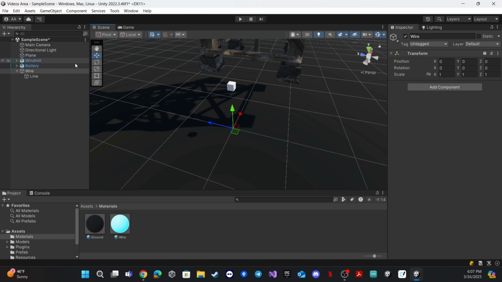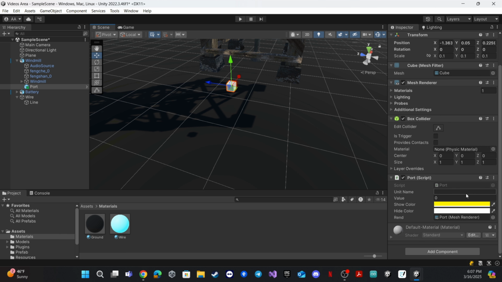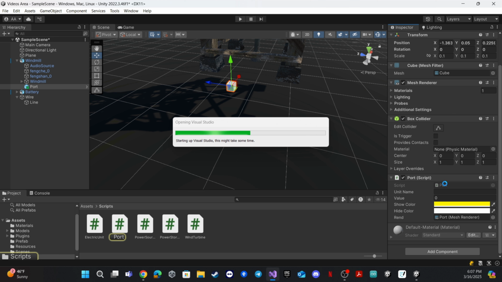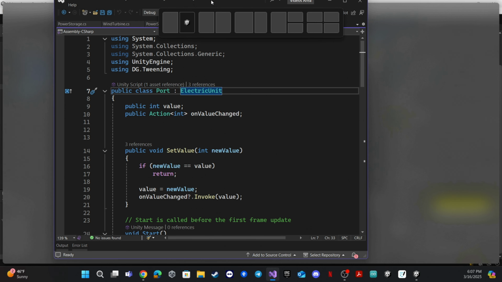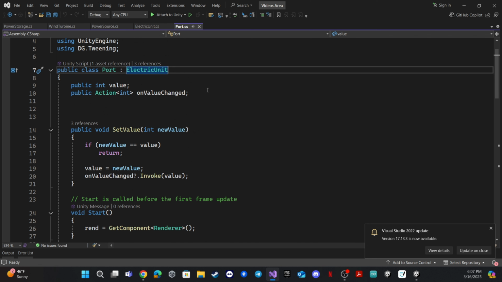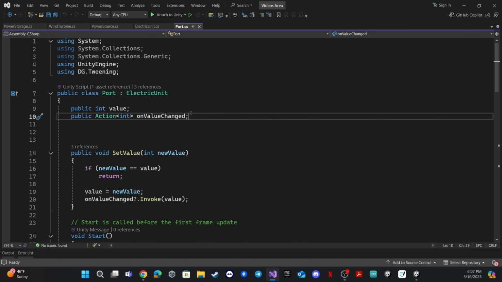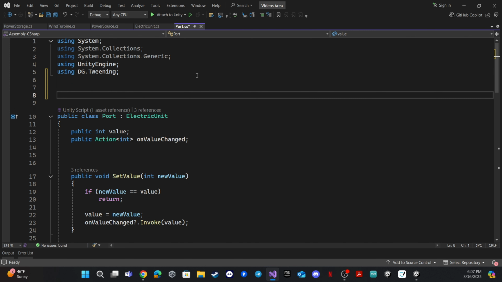So first of all, we need to make some changes in the port logic. So as I told you, we need to make some classification for the port. We will have some input ports and some output ports. So when we make the connection between ports, we don't need to connect two output ports with each other and two input ports with each other. So let's go right here in the port script, and you'll need to add an enum. You'll make the classification using enum. So let's make an enum. Let's call this port type,